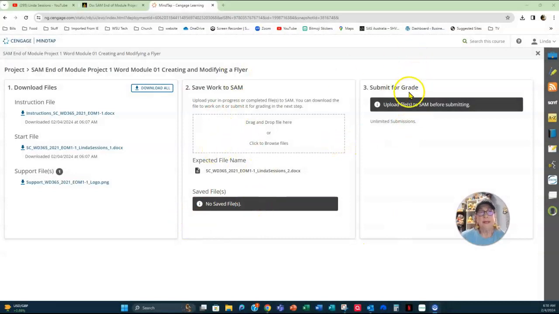Once you have it submitted, then you're going to get a box over here that says submit, and then you get your graded report. Check that graded report, because if you don't like the score, you can redo it for a higher grade. That means, though, that you don't wait until Sunday afternoon to do your assignments, because then you don't have time to make those changes. So that is end of module project 1